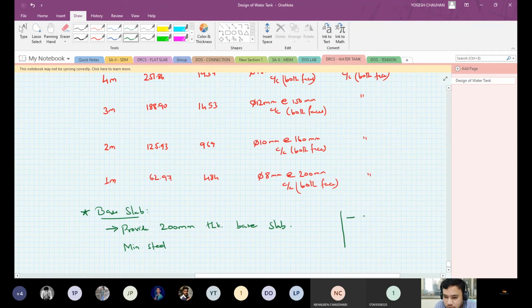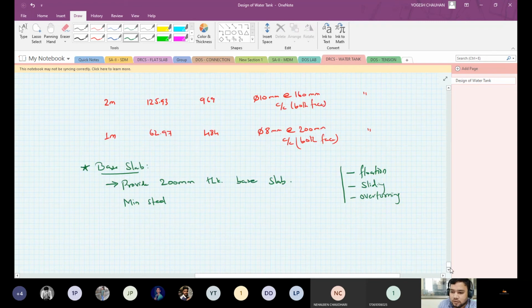That is, we should check the flotation condition. Okay, it should not float. In case of empty tank, when the tank is fully empty, the tank should not uplift or float. Then we have to check its sliding and overturning. So for now, we do not have the data, so we can say let us provide 200 mm